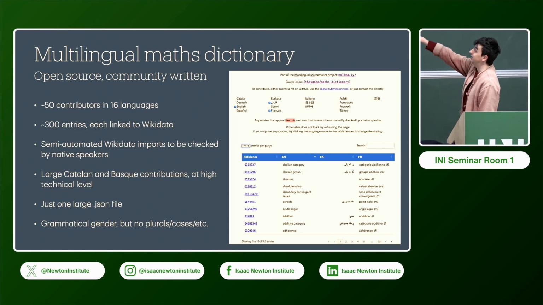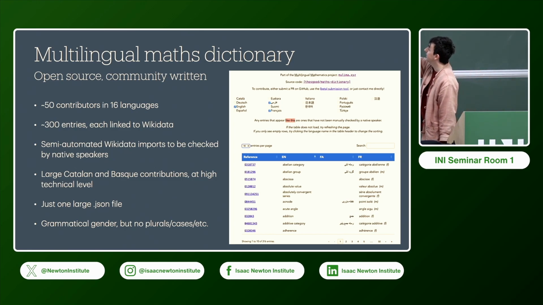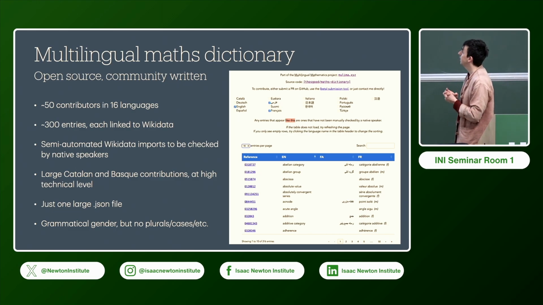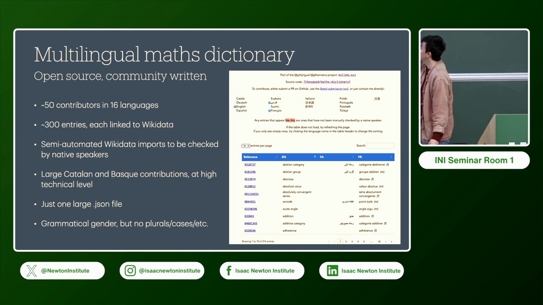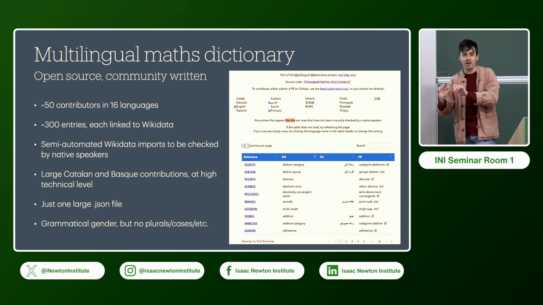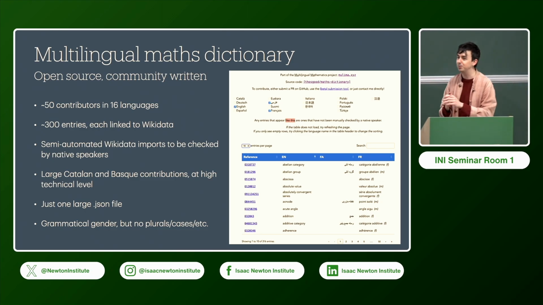It's really not many. As you can see, it's about 300 words at the moment in this dictionary, or 300 sort of phrases, right? Like absolutely convergent series, that's one word to me. It's a word because, as I'll talk about later, there's this thing called Wikidata, so there's this sort of unique key association for certain things. It's about 300 entries. I have had 50 people contribute. There's this cool little form you can fill out at the top. Anywhere that has a missing word, you can just type it into the box and it emails me automatically.